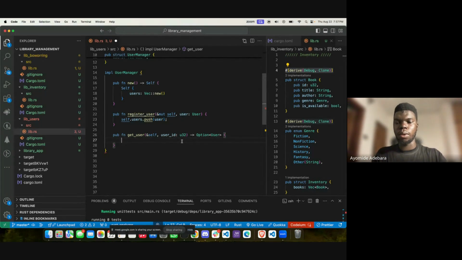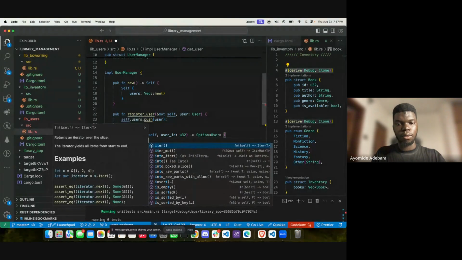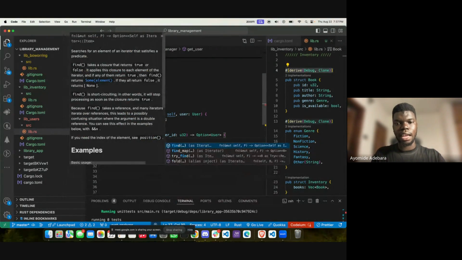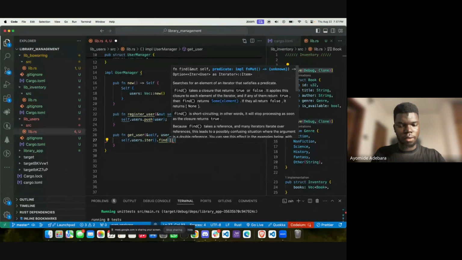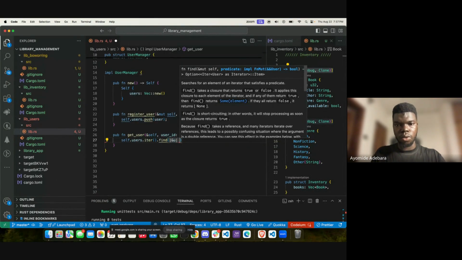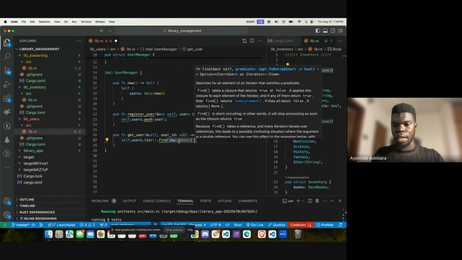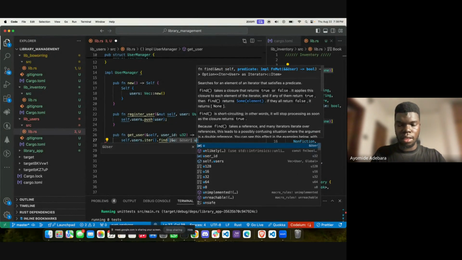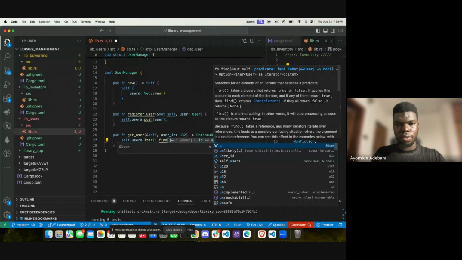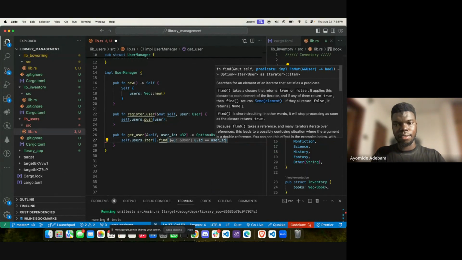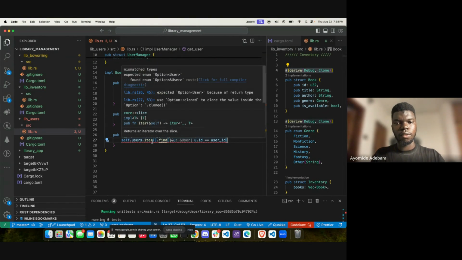So to do this, we are going to literally use self.users. We will get all of the users, then we make it into an iter, then we find that user. What are the things we would add? We'll make it borrow. We will borrow that. This is a closure, like I've explained in previous class. Then the user ID, if it's equal to what the user is passing in as his ID, then we return it. If not,